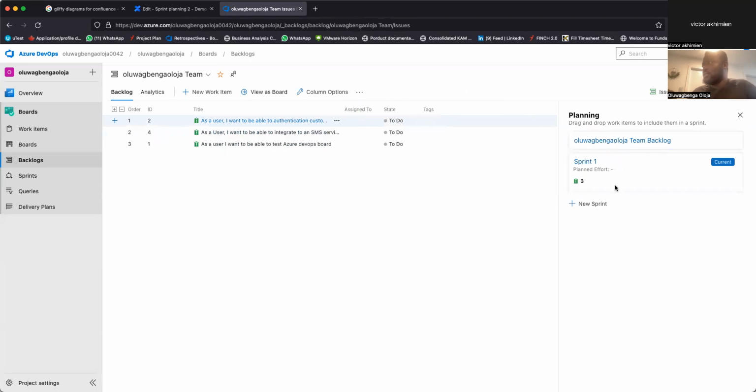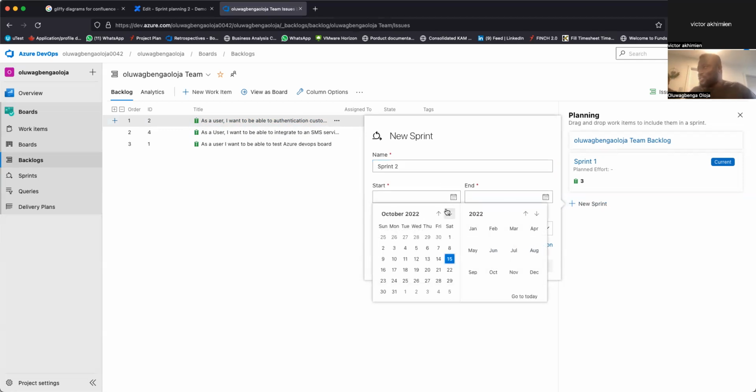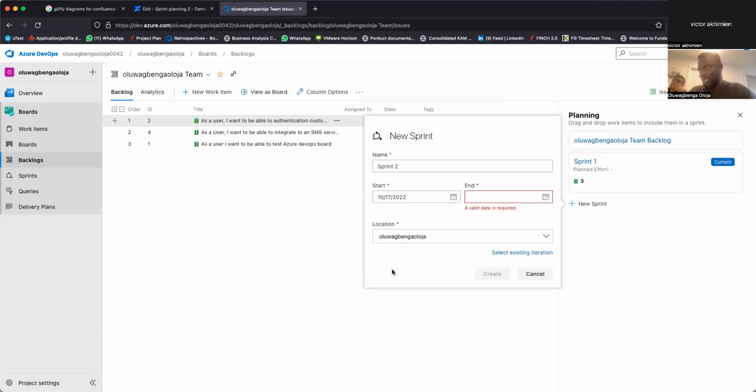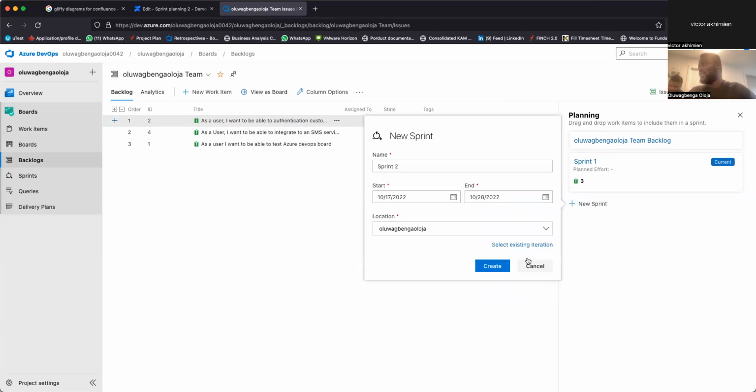Oh, okay. So we can create another sprint, for example. It's just to drag and drop to the current sprint. Let me create sprint 2 so you guys can look. And I've said it's a 10-day sprint we'll do. Are you guys seeing how I'm creating a new sprint? Let's say we start on a Monday because that's more realistic. And it's a 2-week sprint. So if we start on the 17th, we'll end on Friday the 28th. Right? And then I'll create.